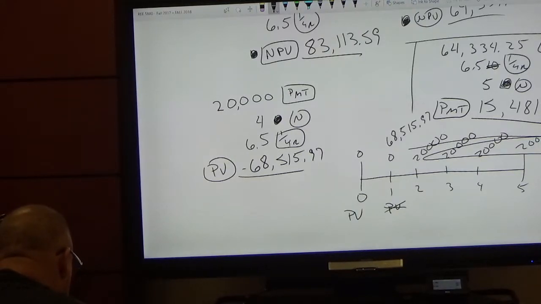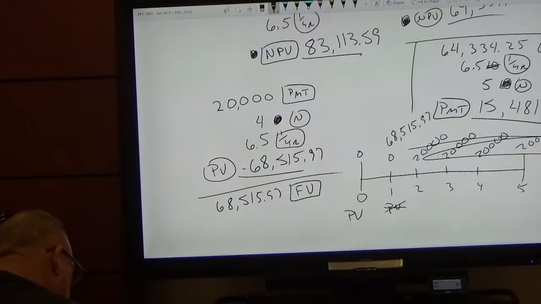Okay, we have to make it a lump sum in order to come back to the present. So we take the 68,515.97, make that future value for 1 year at 6.5%,